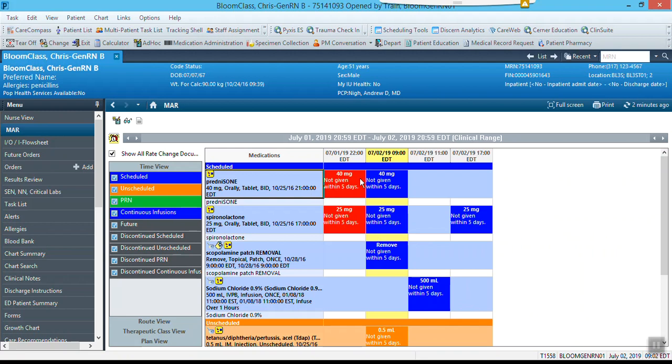So right here, when I look in red, that means that my medication is overdue, or it would mean that it's in stat, but in this case it is overdue. And then anything that's in blue right here just means that it's due, or that it's not overdue,